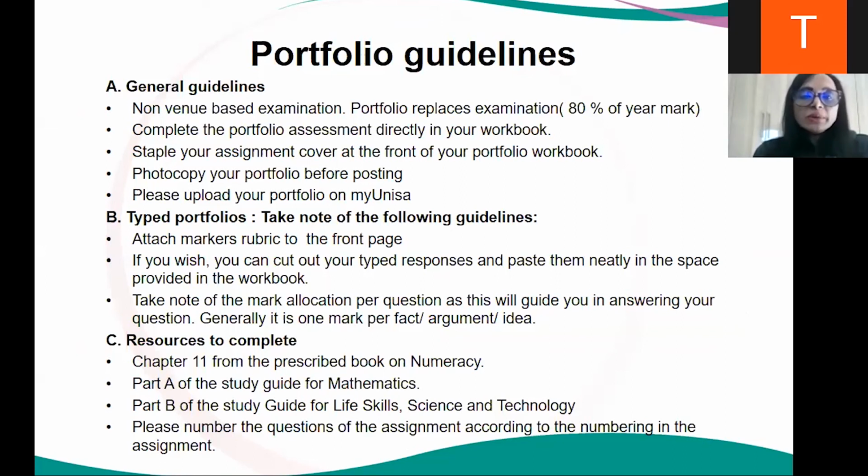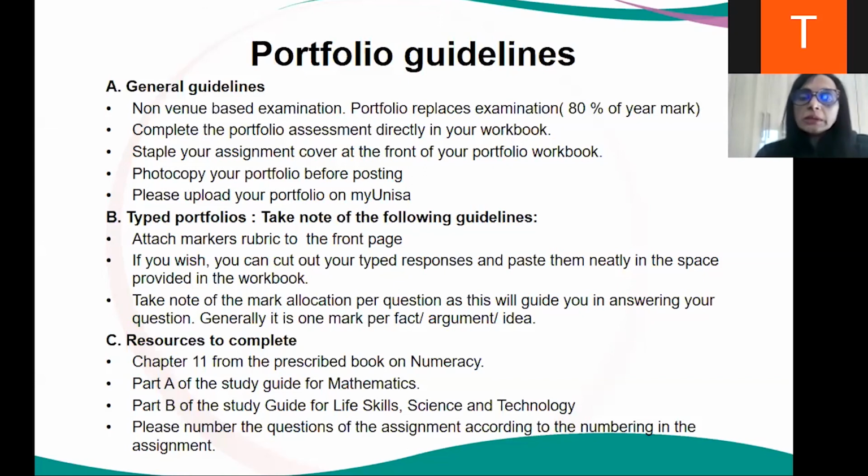These are general guidelines about your portfolio. For example, as I said earlier, your portfolio is compulsory if you want to pass your exams or pass this module. It replaces your examination, or it is your examination, but in a different form. Please upload your portfolio on My UNISA. How do you do this? You scan the pages and you send it through My UNISA JRouter as a complete document. If you want to type your assignment, which is excellent, you can go ahead and type your assignment and upload it. Please remember to